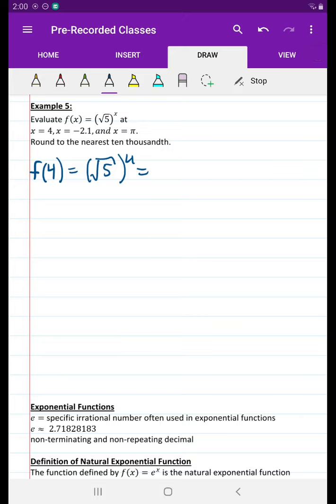So you'll just do root 5 as though you normally would, right? So what I punched into my calculator is I did the square root button and then 5. I closed the parentheses and then I hit enter. And then what that gave me in my calculator is